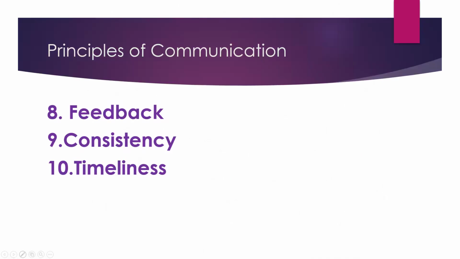So the additional 3 elements which are in the principles are feedback, consistency and timeliness. Consistency, the message should be logically consistent with past communication and organizational goals or policies. Feedback, it encourages and provides opportunities for feedback to ensure the message was received and understood correctly. Whereas timeliness, send or share the message at the right time so that it is relevant and useful. Hence, we have discussed in detail both the process of communication and principles or 7 C's of communication.